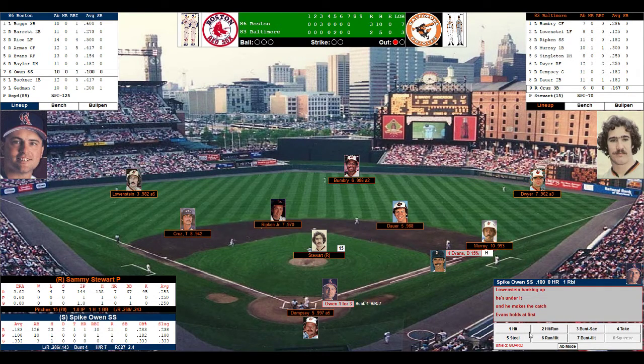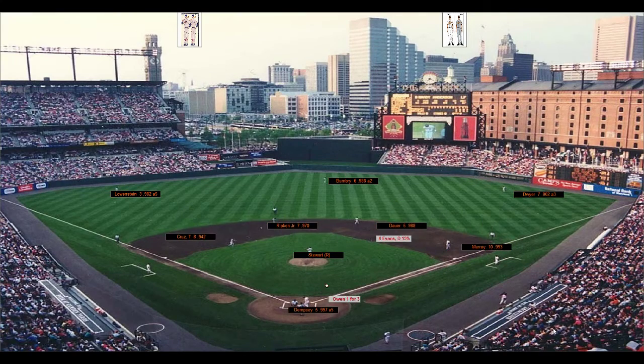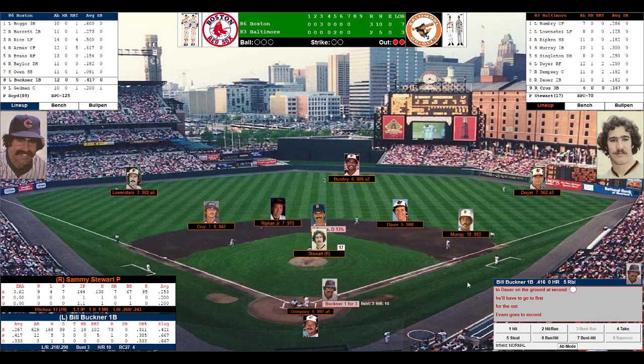Again, excellent hit and run man. And we're going to play hit and run with Spike Owen, who's a 7 out of 10. Hit and run. Dempsey's ready. Stewart's ready. Here's the pitch to Owen. And it's a grounder to Dower. Only plays the first. There's 2 outs, but Evans advances to second base for Billy Buckner.